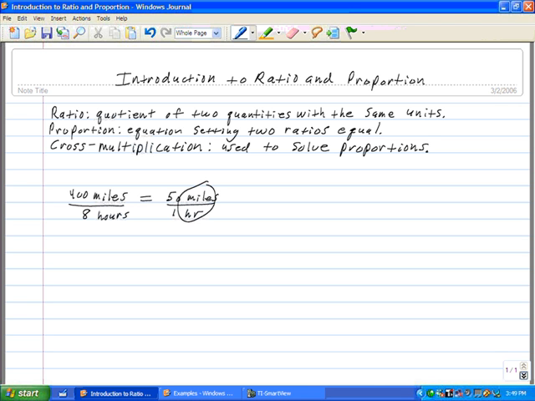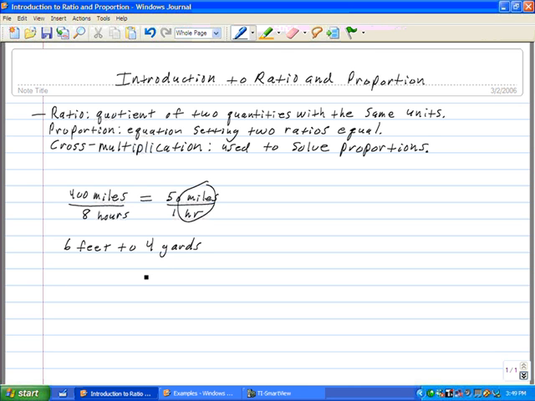Now, if you run into a situation and you're being asked to simplify a ratio, again, remembering the units have to be the same, and they're not the same, sometimes you have to do a little bit of conversion. For example, if we had 6 feet to 4 yards, and you're asked to simplify that ratio, again, remembering that the ratio has to have the same units,